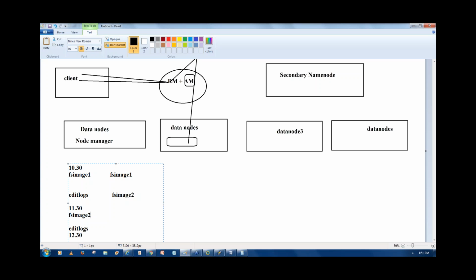Now if this name node goes down, then whatever data is available in the edit logs is also going to be deleted. If you want to take the backup, it is available as fs image 2, which is for 11:30. Then what about the data which you write between 11:30 and 12:30? Are you going to lose the data or not? Yes, correct. So to overcome this situation, whatever we are writing into the fs image file,